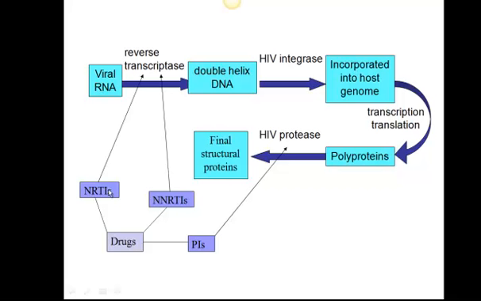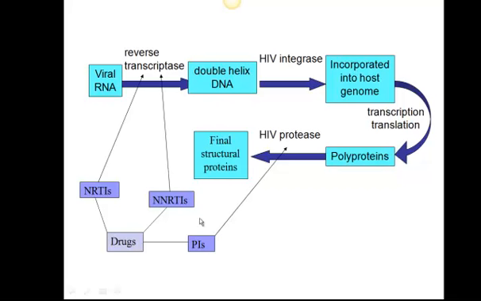These would mimic those structures and get placed inside the growing DNA molecule as it's being made, and this will block the synthesis and cause faulty synthesis to occur. So you would be blocking this step here. You wouldn't be able to form the DNA molecule. You have non-nucleotide reverse transcriptase inhibitors as well. These bind specifically to the enzyme and inhibit its activity. They don't look like the bases or the substrate that would go in there, but they still bind and block the activity of the enzyme.